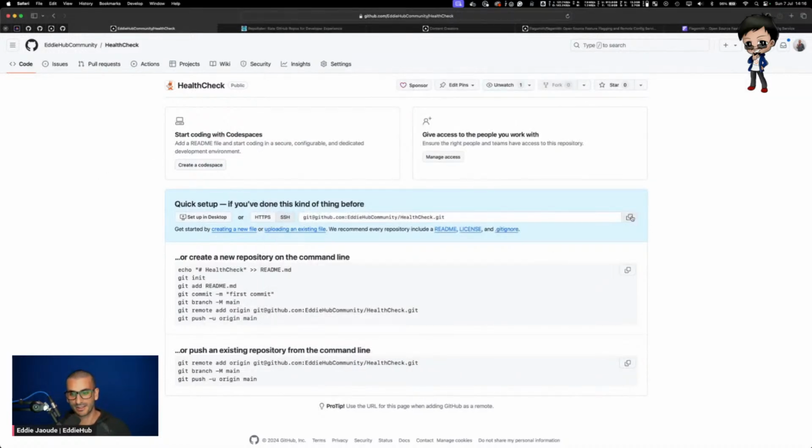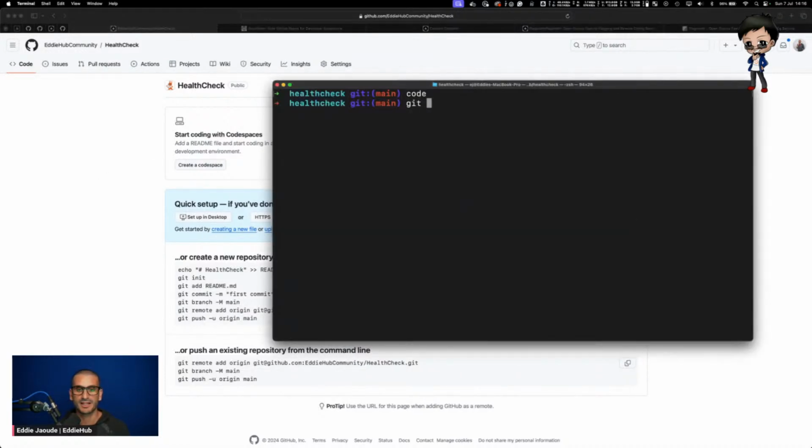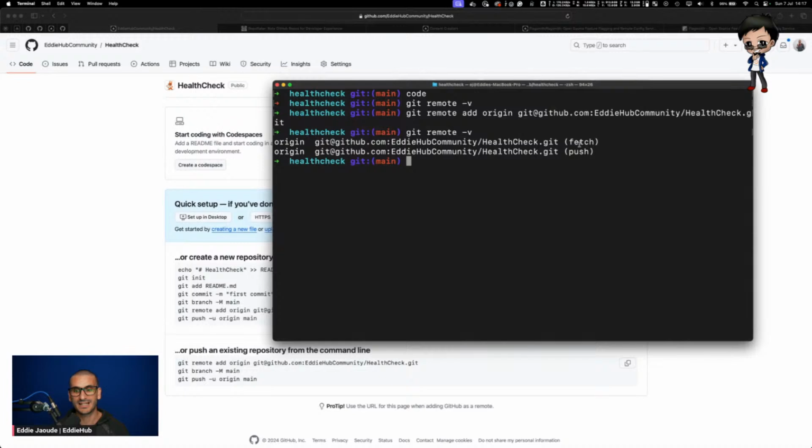So what I need to do is copy this again as I did before, but Git won't have any remotes. If I do git remote -v, which is kind of verbose, there's nothing. So we want to add git remote add origin and then the URL. This is what actually happens for you when you clone a repo on GitHub. Now if I do git remote -v, you will see two have been added for fetch and